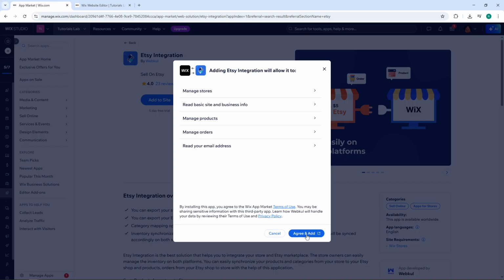And that's it. You've successfully integrated Wix with Etsy, giving you a powerful tool to manage your online store more